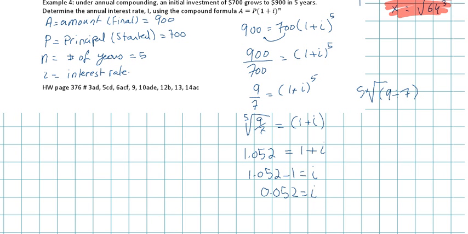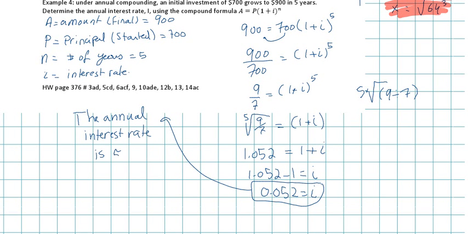So your final answer is the annual interest rate is 5.2%, because I have to multiply this by 100. If you do 0.052 times 100, you get your percentage. I might have been doing this wrong the whole